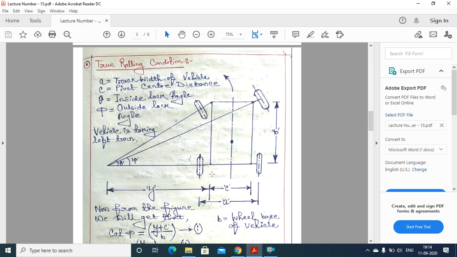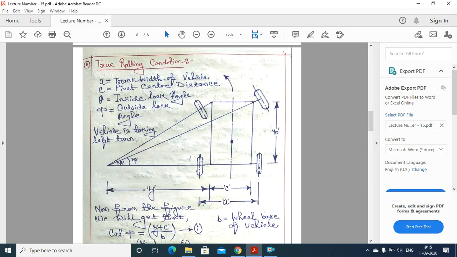So what is the distance from the center of the wheel to the pivot center? This distance will be (a minus c) by 2. Why? Because track width is the distance between the centers of the two wheels, and that distance is small a. So if we subtract the pivot center distance c from the track width a,